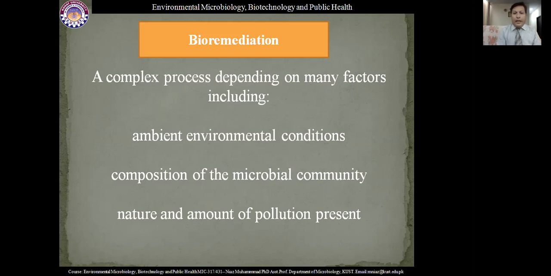And nature and amount of pollution present. If that pollutant is recalcitrant, that is non-degradable to the environment, so it is very difficult to decompose, to degrade. If that pollutant is natural type, which is produced naturally, so it is easy to decompose by means of microorganisms. So it depends on